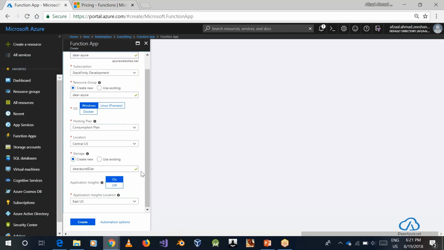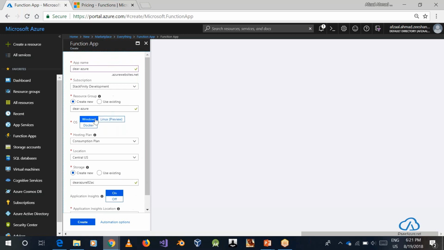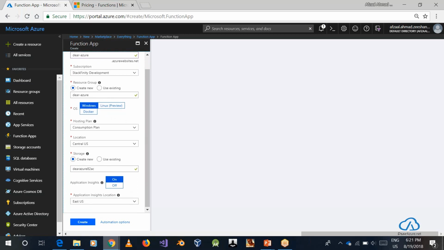These are just extra features that are provided by the Azure platform in order for us to monitor our service, like application insights for the monitoring, the storage for logging and for other purposes, and rest of the stuff like which operating system we want our application service to be running on, Windows, Linux, or Dockerized environment, and so on. So I'll just leave everything to the default. I'll use a name. I'll just create the function.